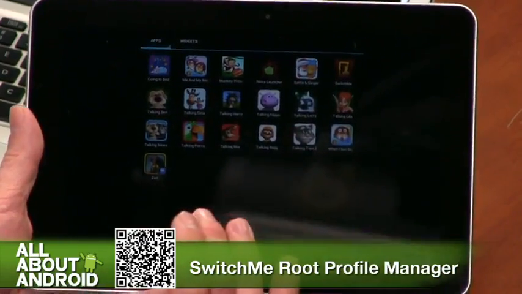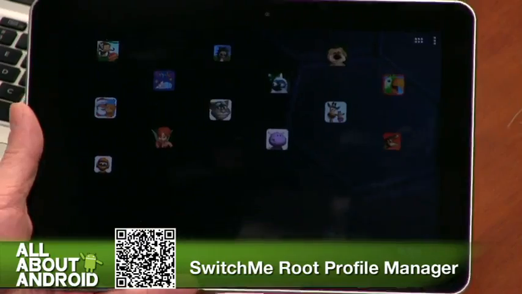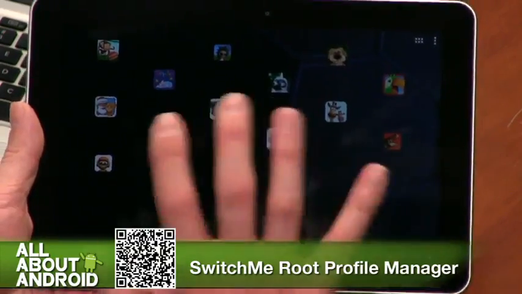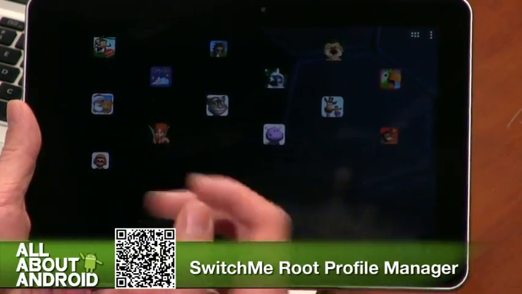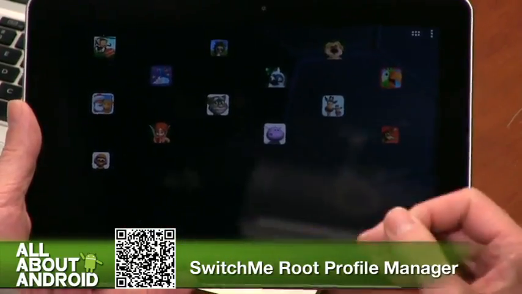So what I've done in this profile is really strip it down so that for the most part, I'd say the chances of her getting into some place in this profile that I'm going to have to step in and help her out of are very limited compared to the other profile.